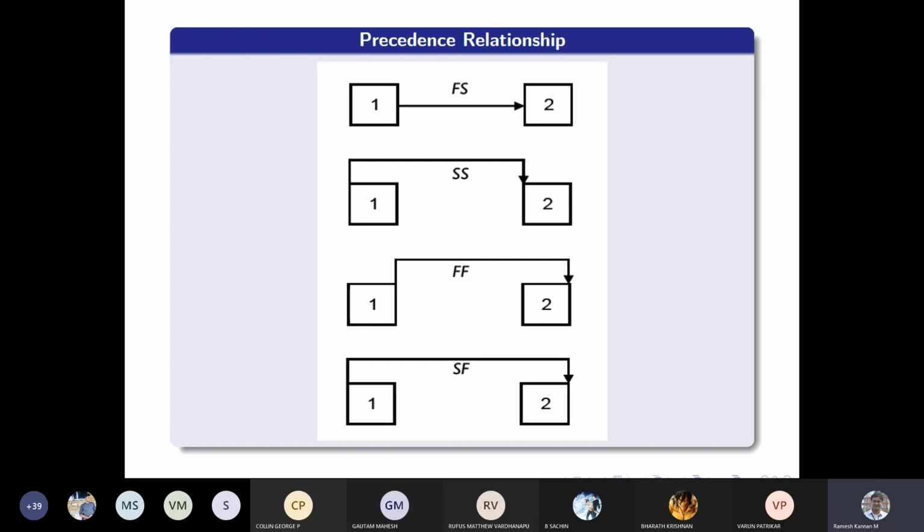One is called finish to start, represented by FS. Activity or event 2 cannot start unless event 1 is completed. This is a pretty common type of relationship. Like, unless you do CAT 1, you don't do your CAT 2, because the CAT 2 exam is also after CAT 1. Then the FAT exam is the end, so before FAT it is understood that you would have written the CAT 1 and CAT 2 exams. Those are called a finish to start relationship.